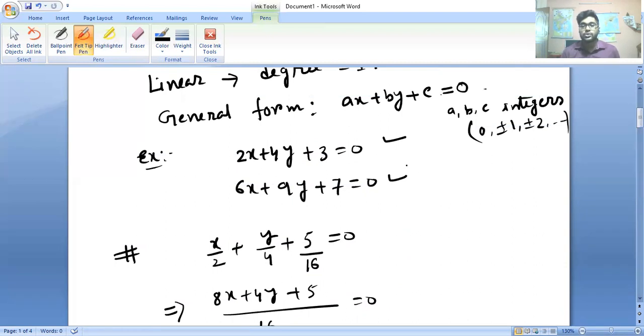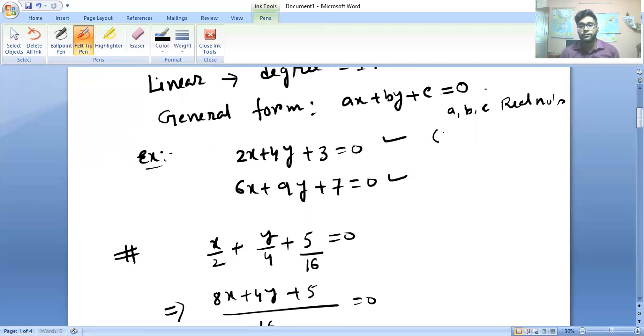Okay, so here we have to make a little bit of change. I said if we have a, b, c as integers, it will be easy for us to calculate, right? But it does not mean that a, b, c should be integers. a, b, c can be any real numbers in general, right? So here we write a, b, c real numbers, and